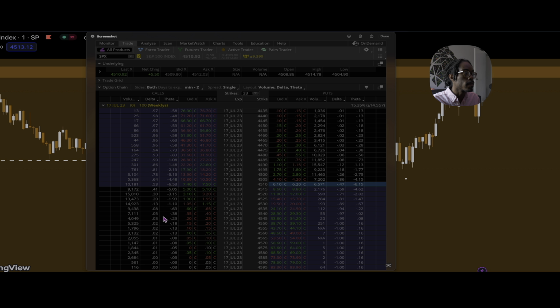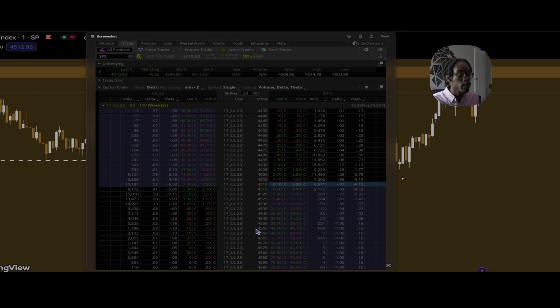So on the left side, we have call options. On the right side, we have our put options. I simplify mine because too much data just isn't necessary. Right here in the middle, we have the strike. So like when I say a 4450 put, this is a 4450 put right here for 15 and 20. Or if I say a 4535 call, just come down to 4535, and this is our call. These are your prices. That's the prices for puts, and this is the prices for the call options.